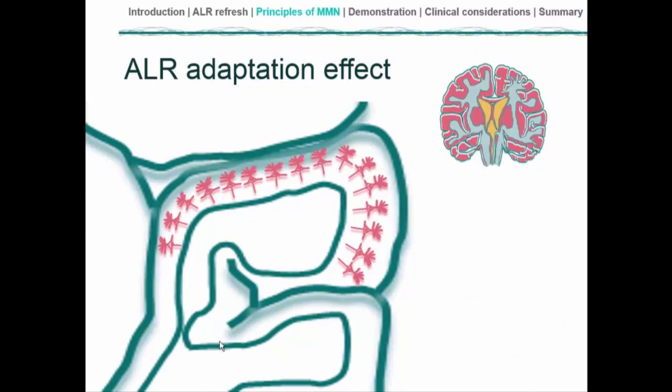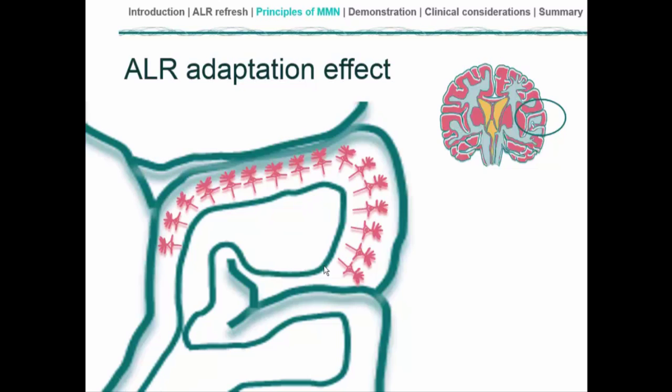So, the ALR adaptation effect. Firstly, I'll just draw your attention to the top right. This is the schematic of the central nervous system, and in particular, we're interested in at least one hemisphere of the brain where the auditory cortex resides, on the temporal lobe. It's within this circled region that I have expanded greatly into the figure that you see on the left-hand side of the screen. So this is the cortical sheet,